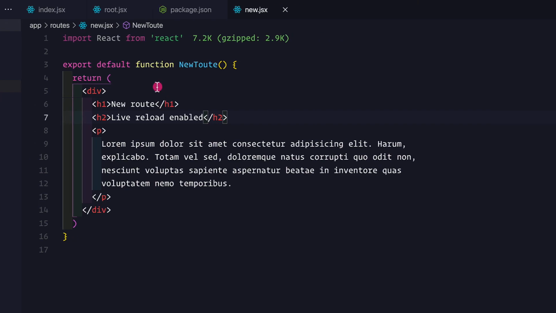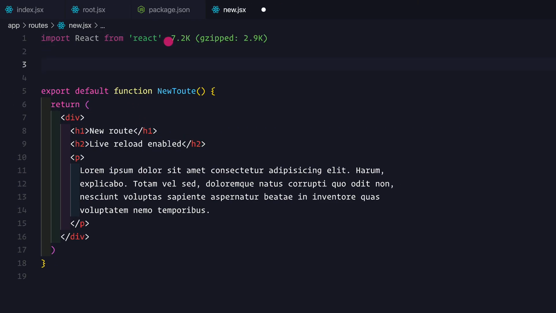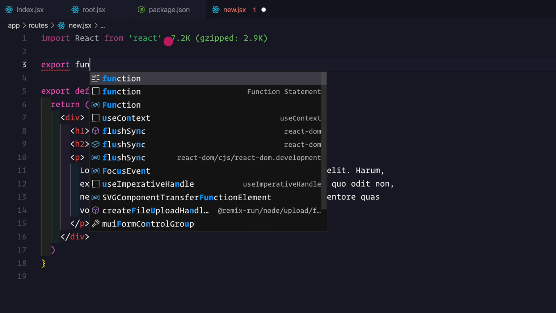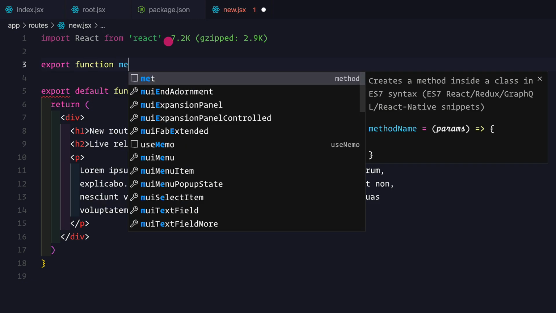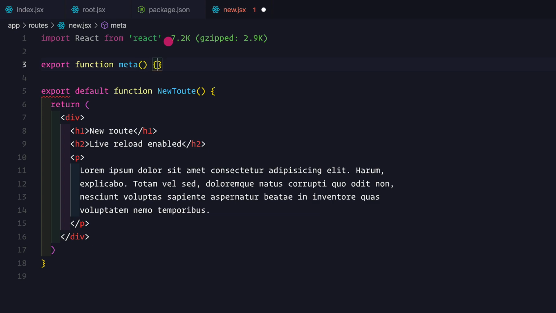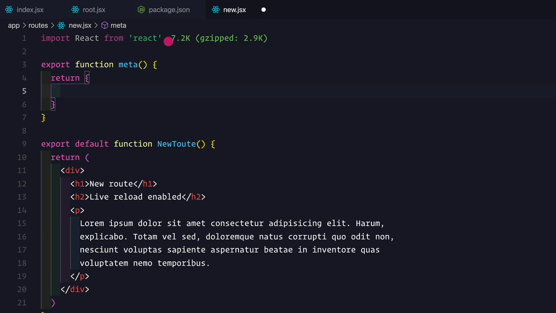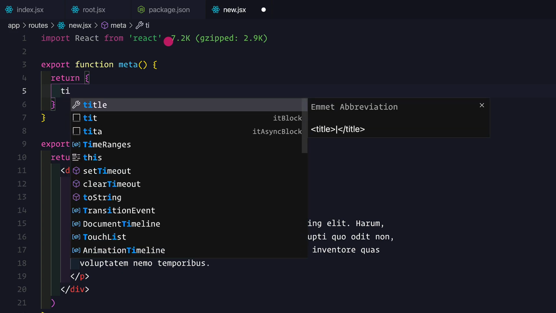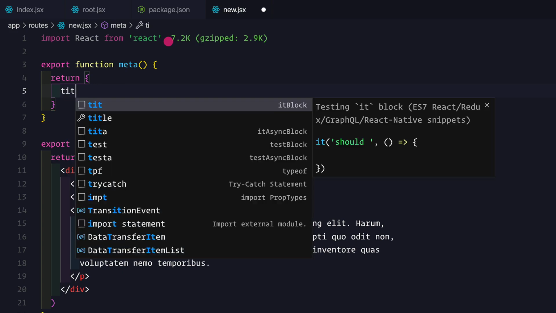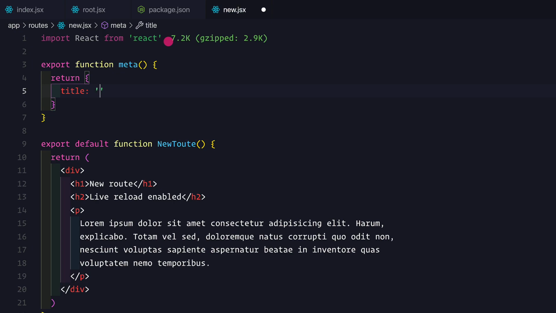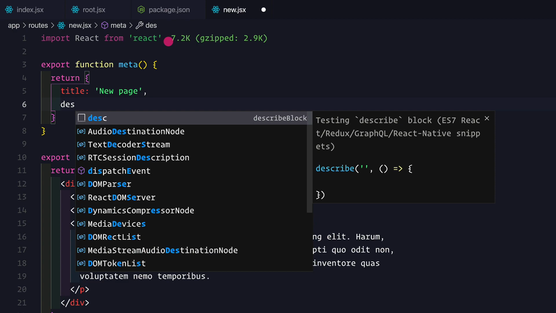So what we can do is simply export a function here called meta. So I can simply do export function, or how do I spell function here? So export function meta like this, and here I can return the meta tags for this page. Let me simply give this page a title, not like this but like this. I can simply call it new page like this, and then I can also provide the description for